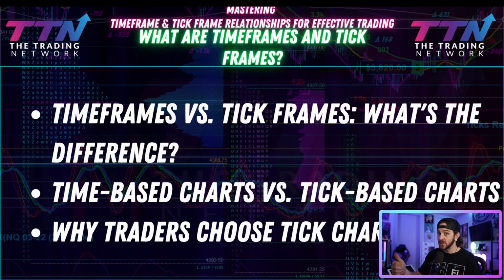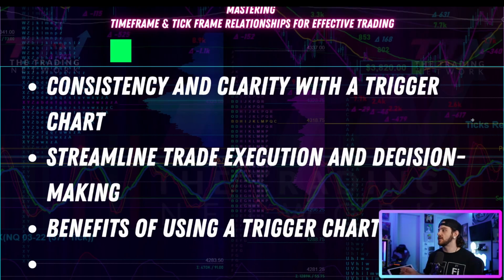So if the tick counter is moving slow, that can immediately tell you, first and foremost, that there's not a lot of traders. Whereas if the tick counter is cooking and moving really fast, printing bar after bar, you know there's a ton of trading activity going on and that there are a lot of players, most likely large players, involved in the market. That is a big part of what drew me to tick charts and got me interested. I can go on, but I won't go on too much of a tangent because I have this nice presentation prepared. So let's move on to the next slide, and we will discuss the importance of